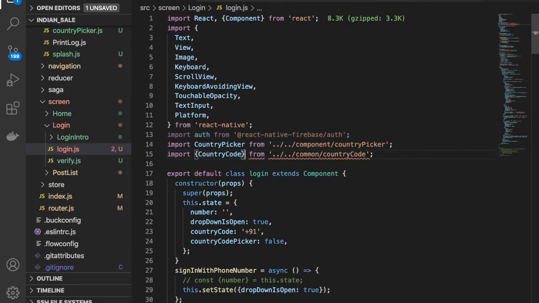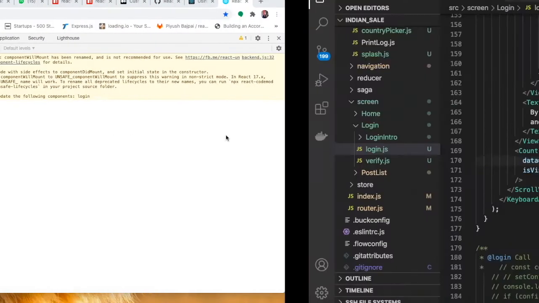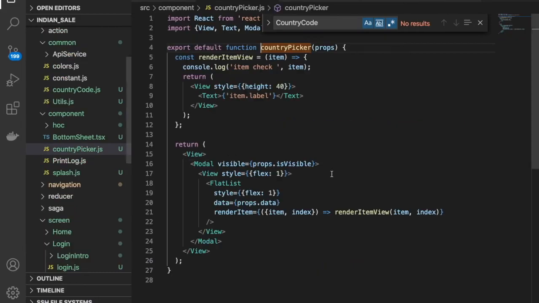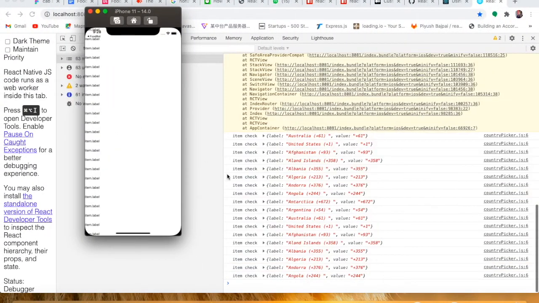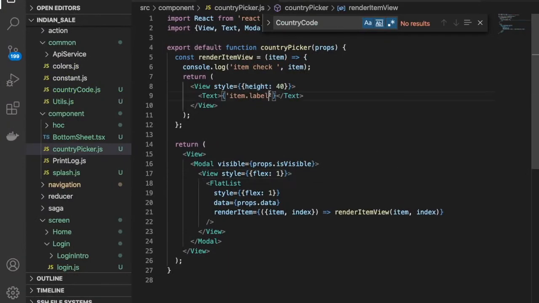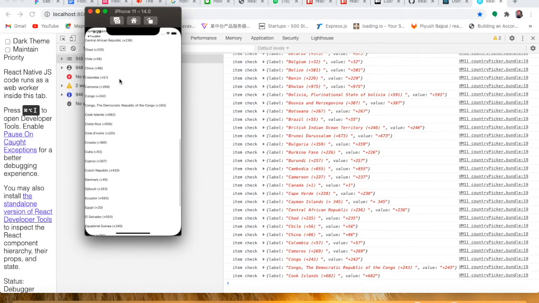I think we have to provide the import like this. Okay, perfect, fine. Now I think this will work. Yes, this is working fine. Okay, perfect. So let me just provide the item.label here like this.